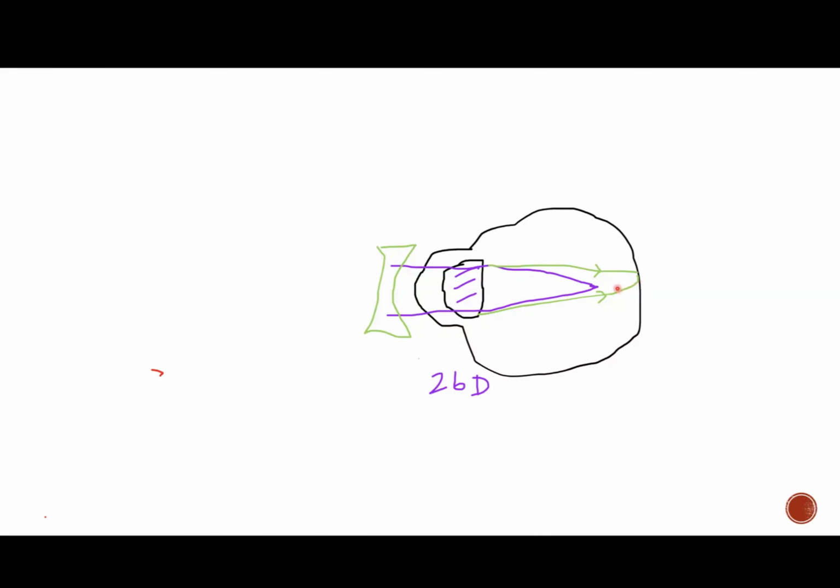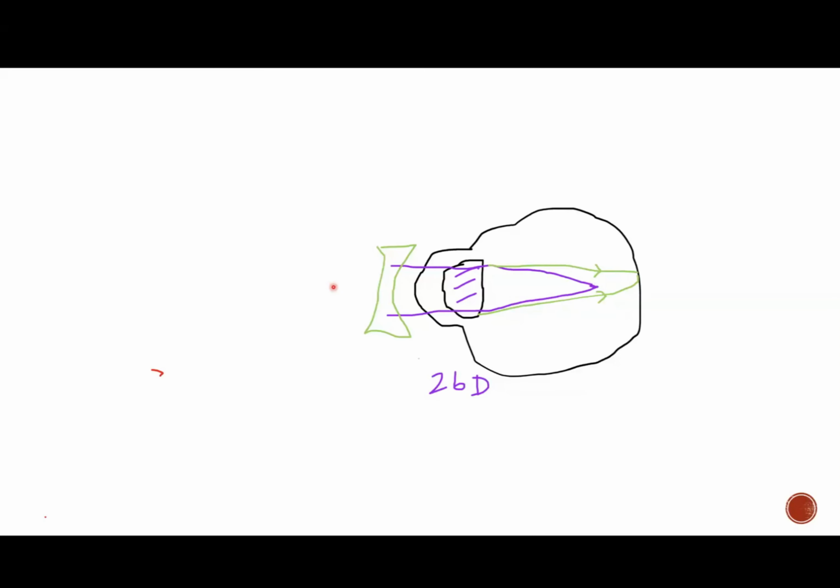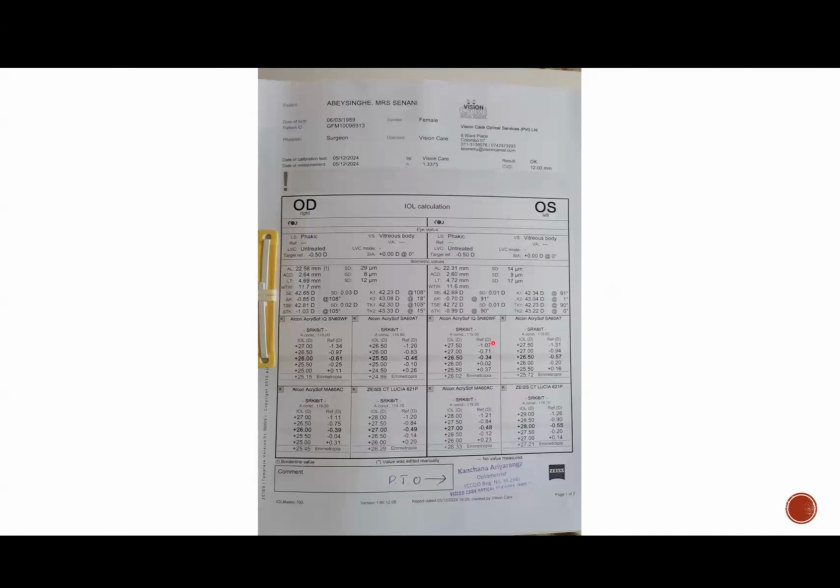The image is forming in front of the retina. So that is nearly about minus 1. Actually, not minus 1. If you think about that, this correction is minus 1. Minus 1 is spherical equivalent. And if you want to get the correct emmetropia, we need to put the minus lens in front of the eye to diverge these rays onto the fovea. So that is the meaning of target refraction.